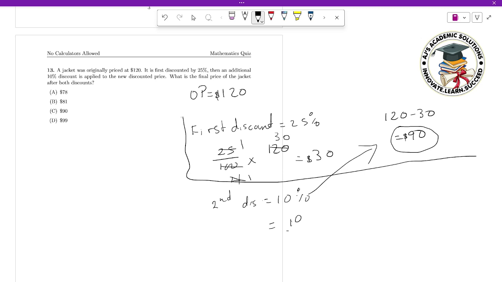So we do 10 over 100 times 90. So this cancels here, here cancels here. 9 times 1 is 9. So it's going to be a $9 discount. So coming across here, 90 subtracting 9 leaves us with $81, which here is B. Moving on,